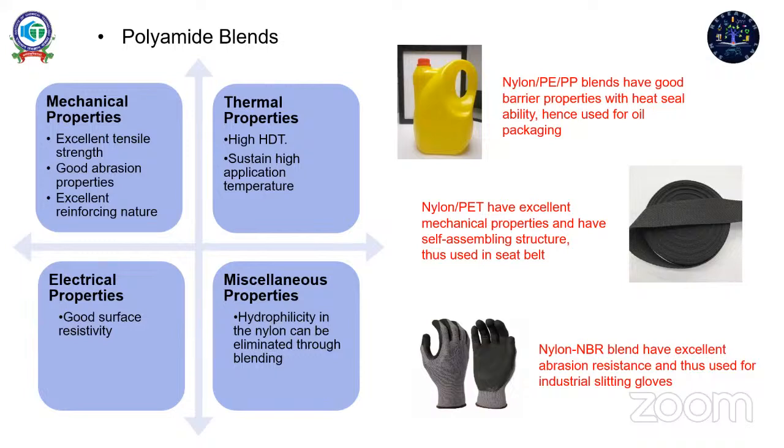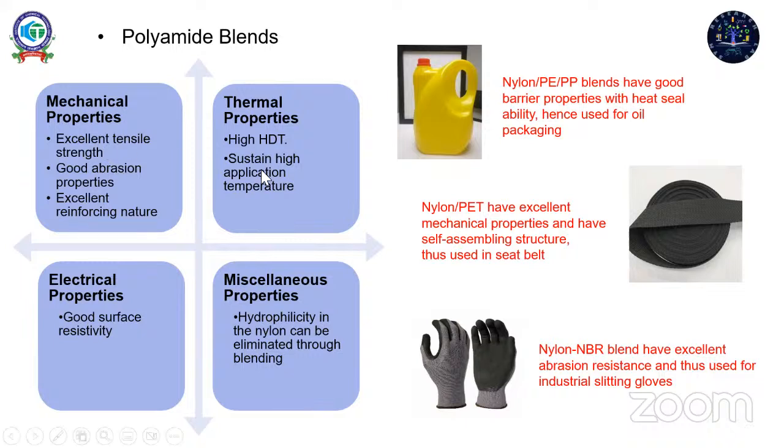Now, polyamide blends. These polyamide blends are the blends which have nylon as the base polymer. Such blends generally have good impact strength. Or we can say they have good mechanical properties: good tensile strength and excellent reinforcing nature. You can add another reinforcing agent, which blends well with the matrix, and then it sustains